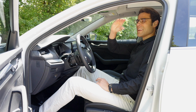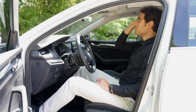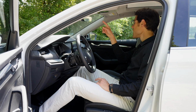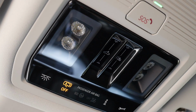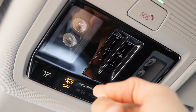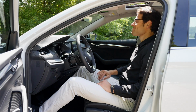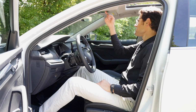So here, the headroom, still some left, although we have the panoramic roof here. If you want more headroom, you don't pick it, but this is a very interesting new thing here. So you have these sliders. So you slide here with your finger back for the shade, and the same thing also for the roof. If it's better than the physical button, no. I think, but it's maybe like